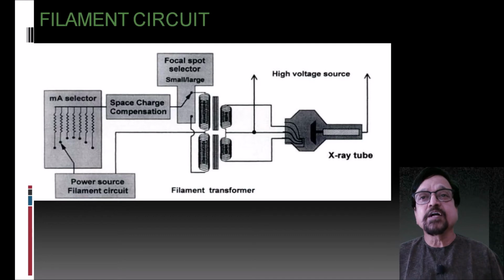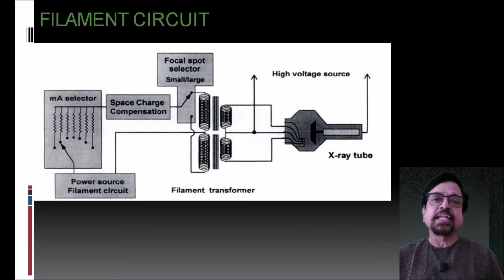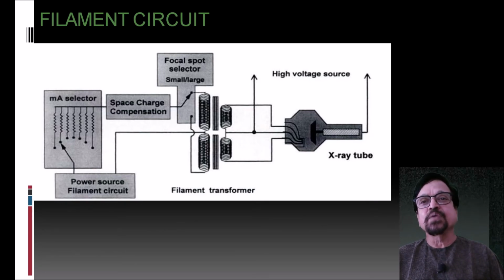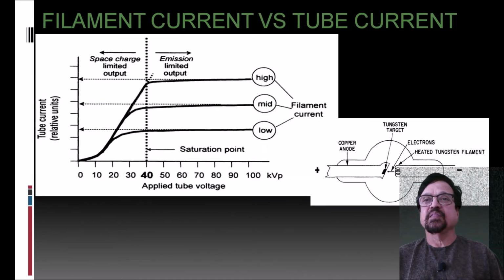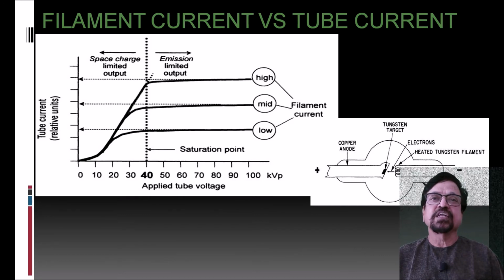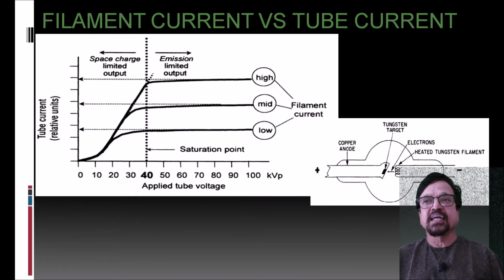There are different types of current a tube needs. One is for the filament and the second is for the X-ray generation itself. So this is widely covered in the X-ray tube designs. Here, all we are saying is that from the same transformer, by selecting fewer coils in the auto transformer, you can get a low voltage also, and the low one is fed to the filament. This is what gives you the difference between a filament current and a tube current.